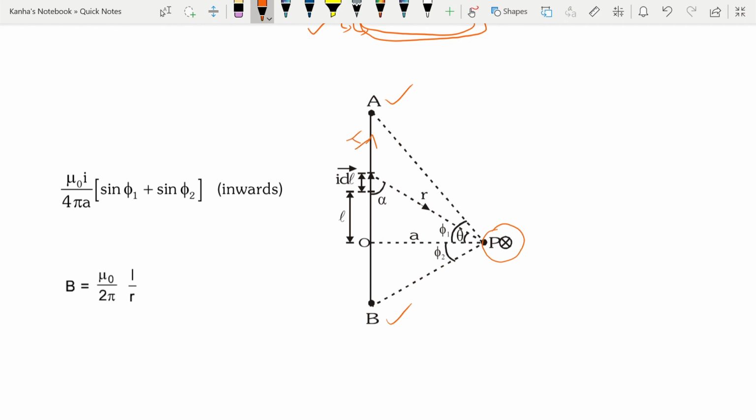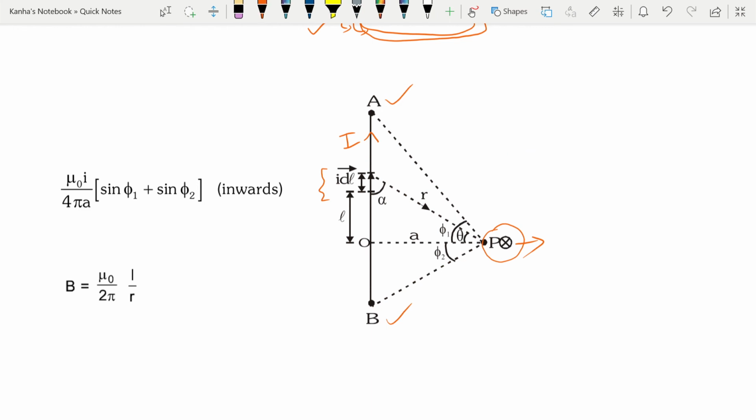Okay. If my current is going in the above direction, then what do I have? First of all, by the right hand thumb rule, I can easily see that when I place my thumb in the direction of current and curl my fingers, the magnetic field is going down at this point P. I imagine all these are in the same plane right now. Then you have a length element I dL, due to which we are trying to find it. We will find a dB due to it, and then we will integrate it over the entire rod.